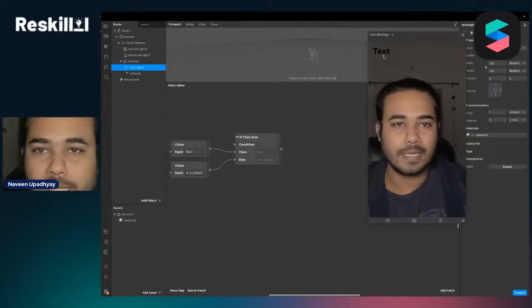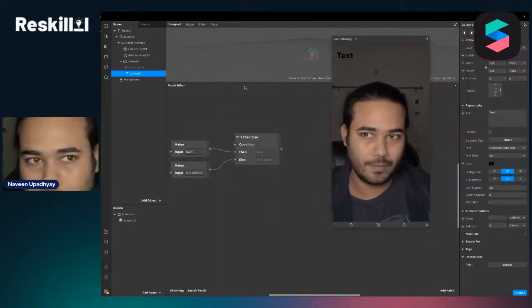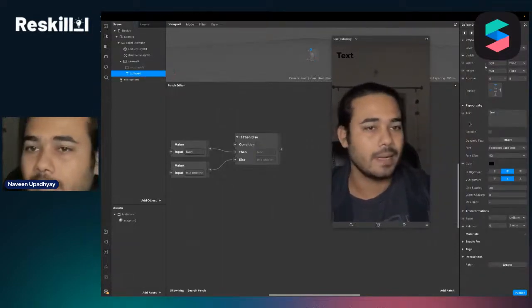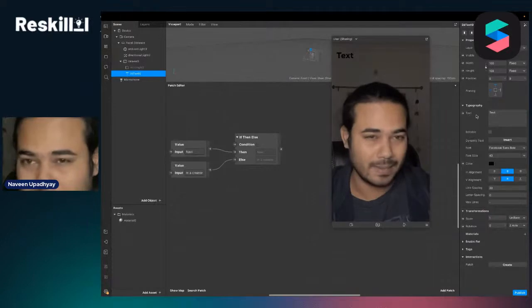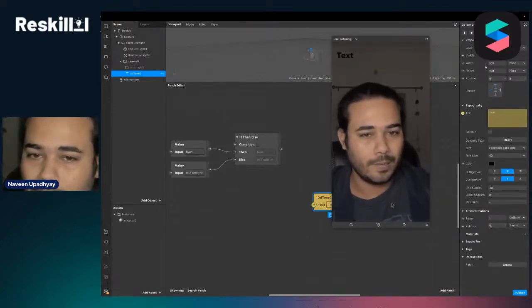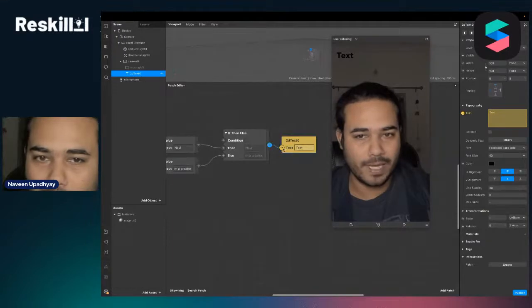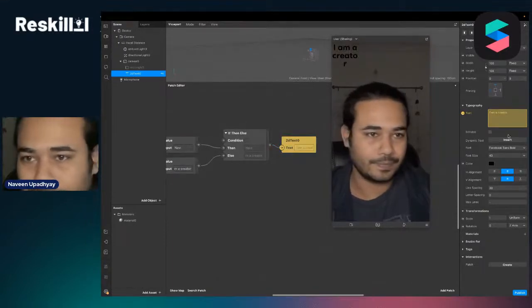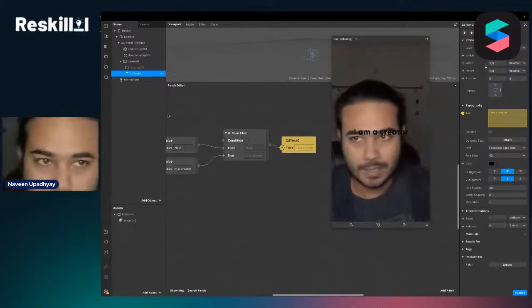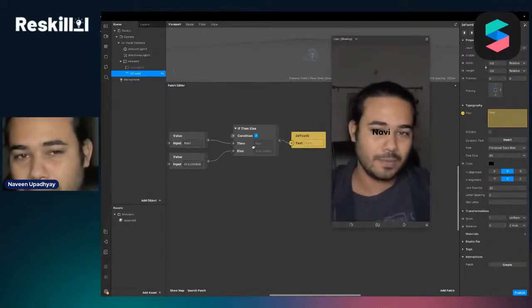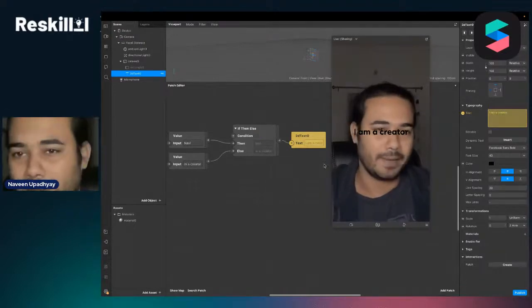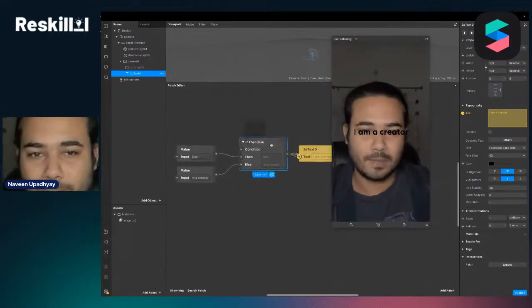At the moment, I'm passing this text button, but if I go to the text properties, if you click on text, you will see all the properties there. Then this text is printing because the text attribute has text written into it. If I take out this attribute and say that the output is taken from here, then what you need to do is, if I do this, I'm now Navi and I'm a creator. So if the condition is true, then it is Navi, and if the condition is false, then it is I'm a creator. All right. Okay, next, let's move to the next one,